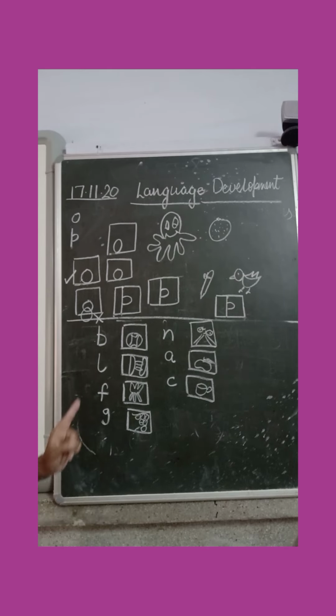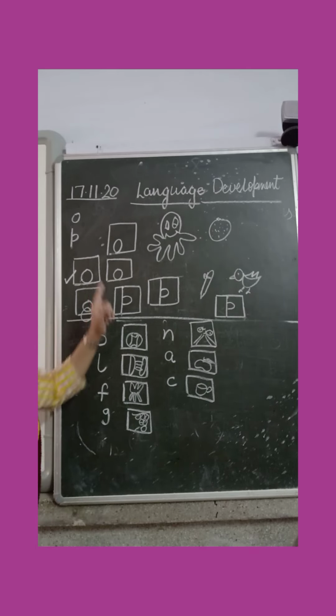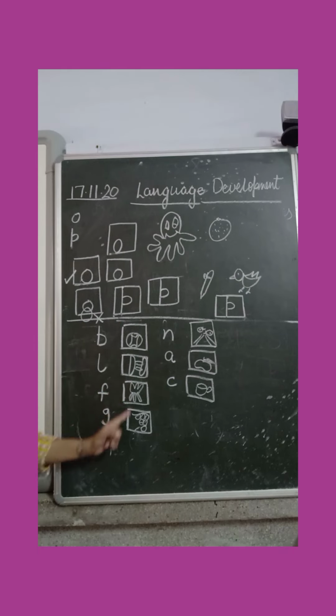So children, one thing you have to remember, that you have to revise all these things. You have to write and do your work neatly. And you have to color all the pictures. Whatever pictures you will draw or whatever pictures are there which is already drawn, you will color all the pictures. Okay? And do your work nicely.